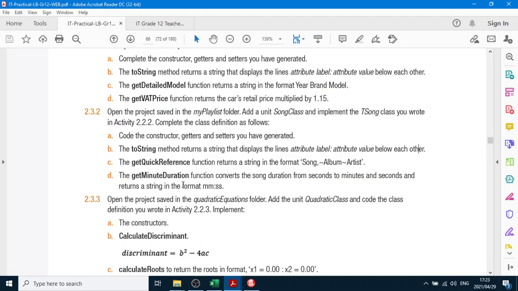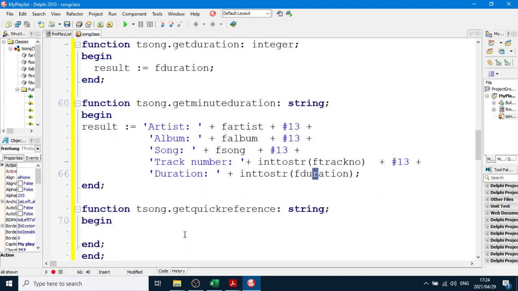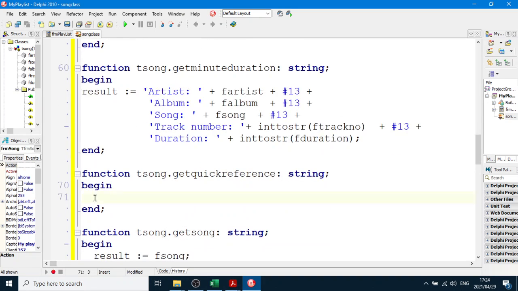Next one is a quick reference function that returns a string in the format song, and then a funny squiggle, then the album, then a funny squiggle, then the artist. Alright, get quick reference. There it is. Result equals fSong plus, I don't know where I'm going to get that funny squiggle from, so I'll just use a dash plus fAlbum,